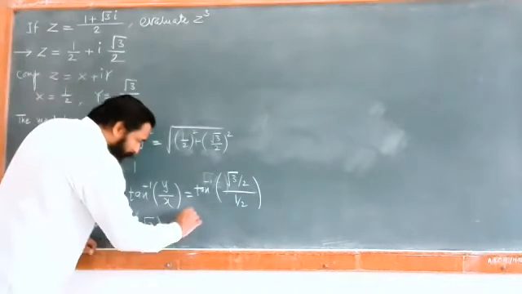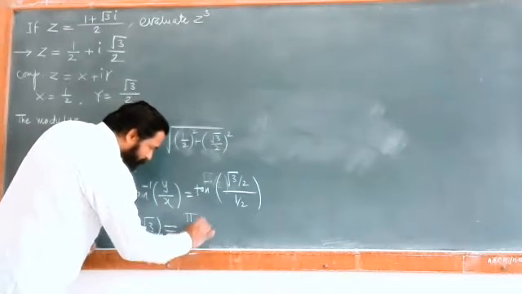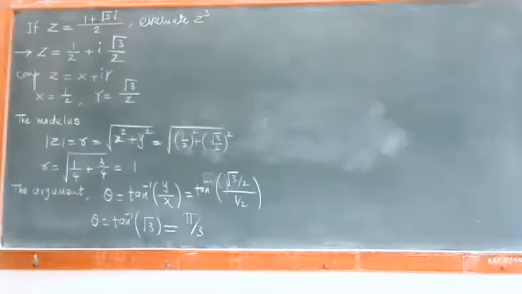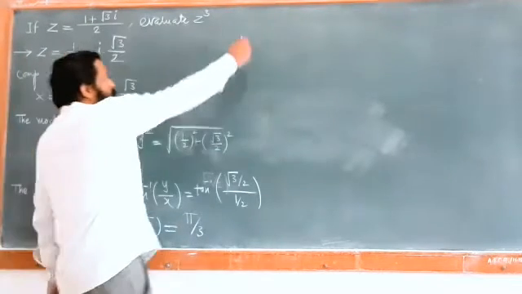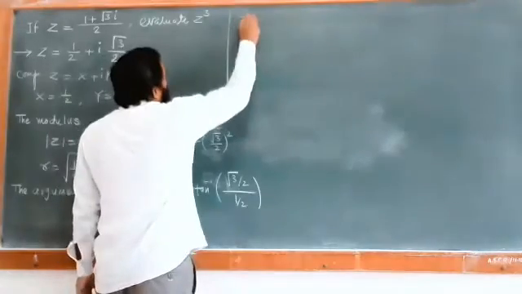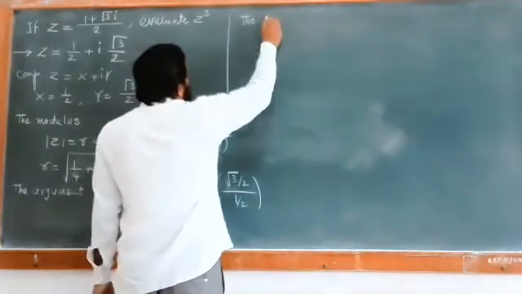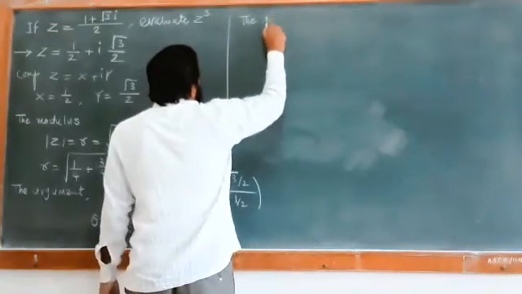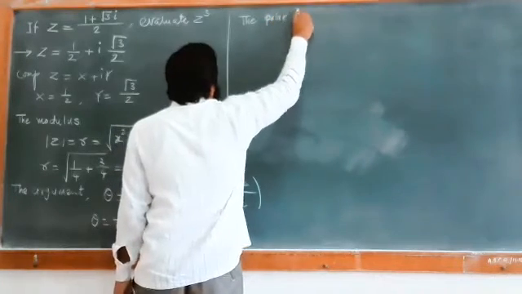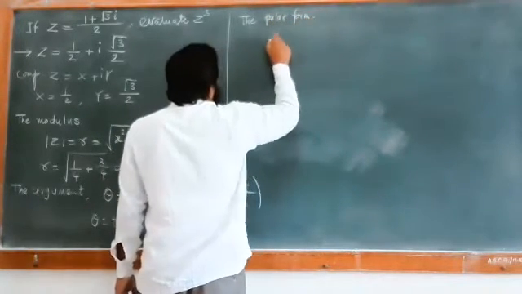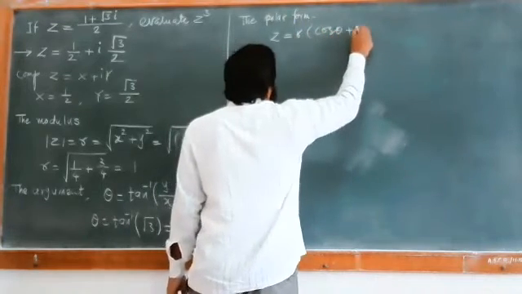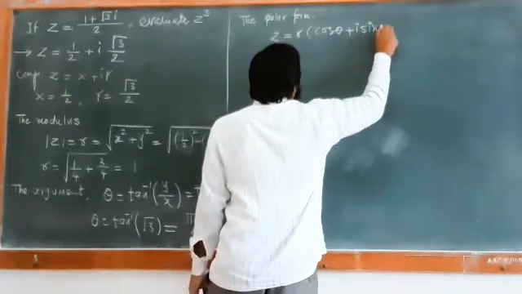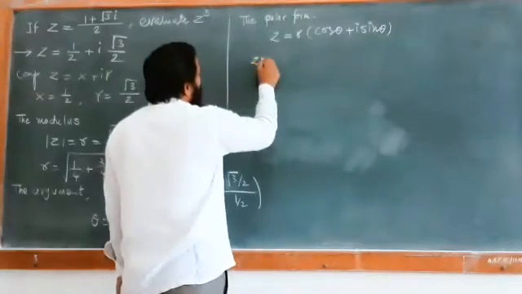So that is at an angle of pi by 3. ठीक है? So we have these two values. We have first the modulus and then the argument. Now we have the polar form, or you can say the exponential form. So we can have a polar form of a complex number, that is z is equal to r into cos of theta plus i sin theta. Okay, so you can just put the values.